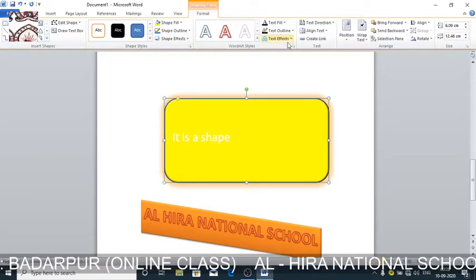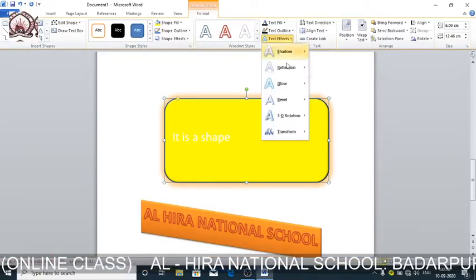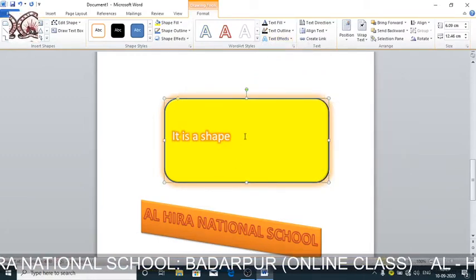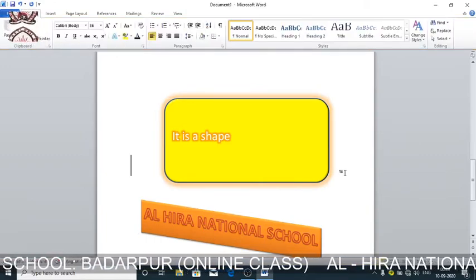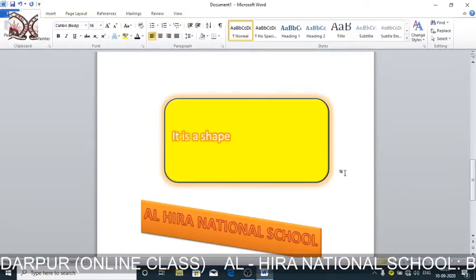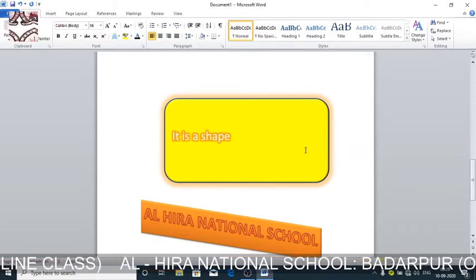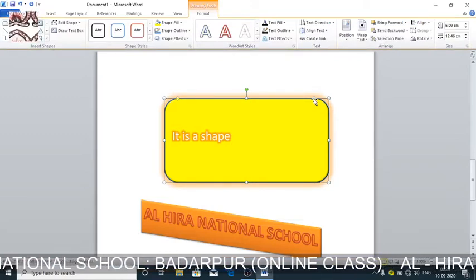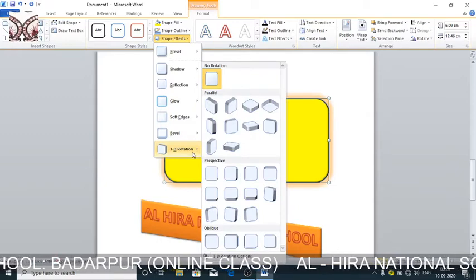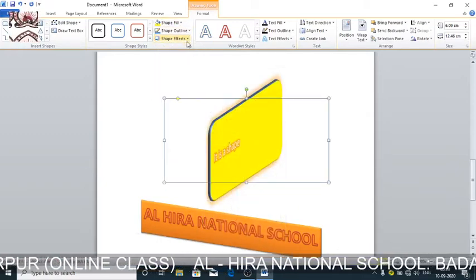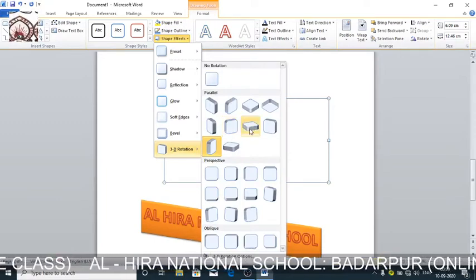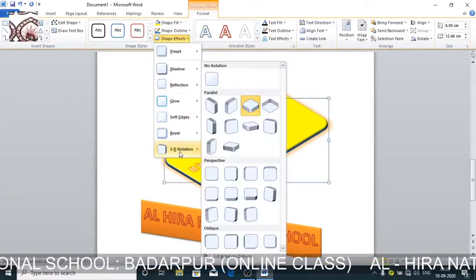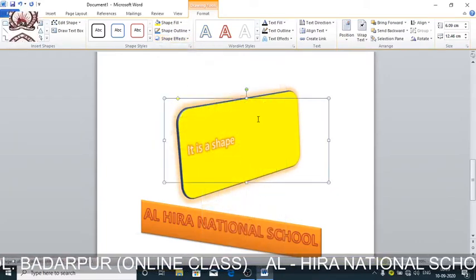We can also have the text effect on the text which I've added. See, we're taking this, and the effect has come. Now we can also create 3D images also. 3D means three dimensional, and I can give a 3D effect to the shape also. You can see here shade effects. So 3D, you can see I can give it like this. Here is one 3D effect, or a more beautiful one I'm giving. You can see this effect or this effect. These all are 3D effects. Or else I can give it like this.